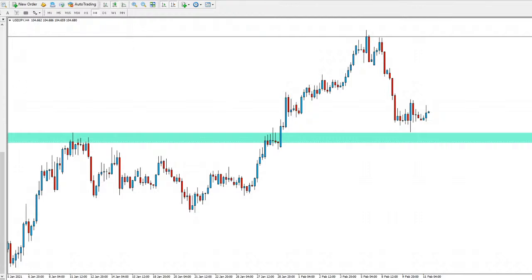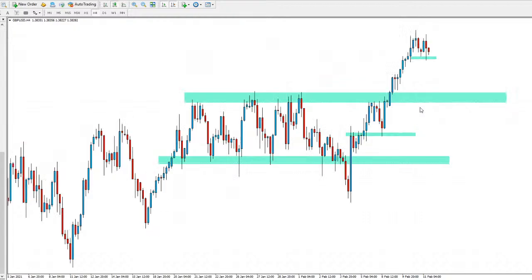Let's take a look at GBP USD. So for GBP USD, again for this one, very strong push to the upside, breaking out of this consolidation here. So again, we had that range, we had the breakout there in the 4 hourly. The news came in, took us back into that range. Price consolidated a little bit, tested that support there in the lower time frames, and as you can see, we just took off to the upside.